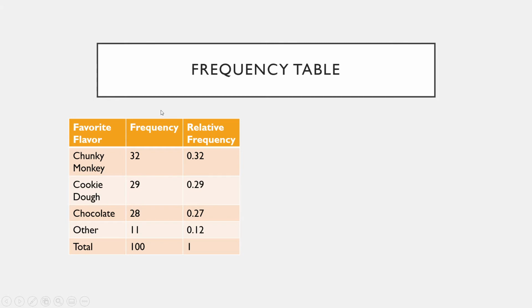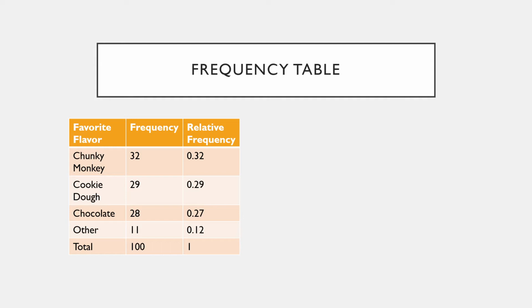So this is just how many people answered in that category. We said that 32 people said Chunky Monkey, 28 said chocolate, right? So this is kind of simple. We're just filling in how many answered that. And then the third column is something that requires some calculation, but it's very useful, and that's called the relative